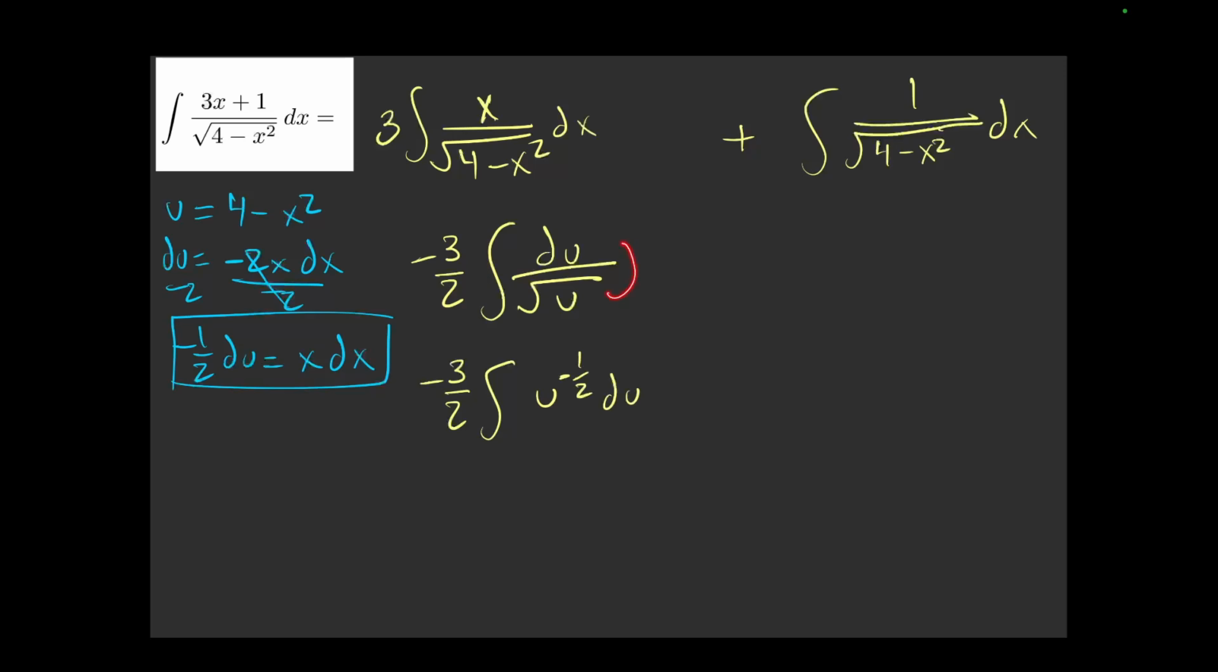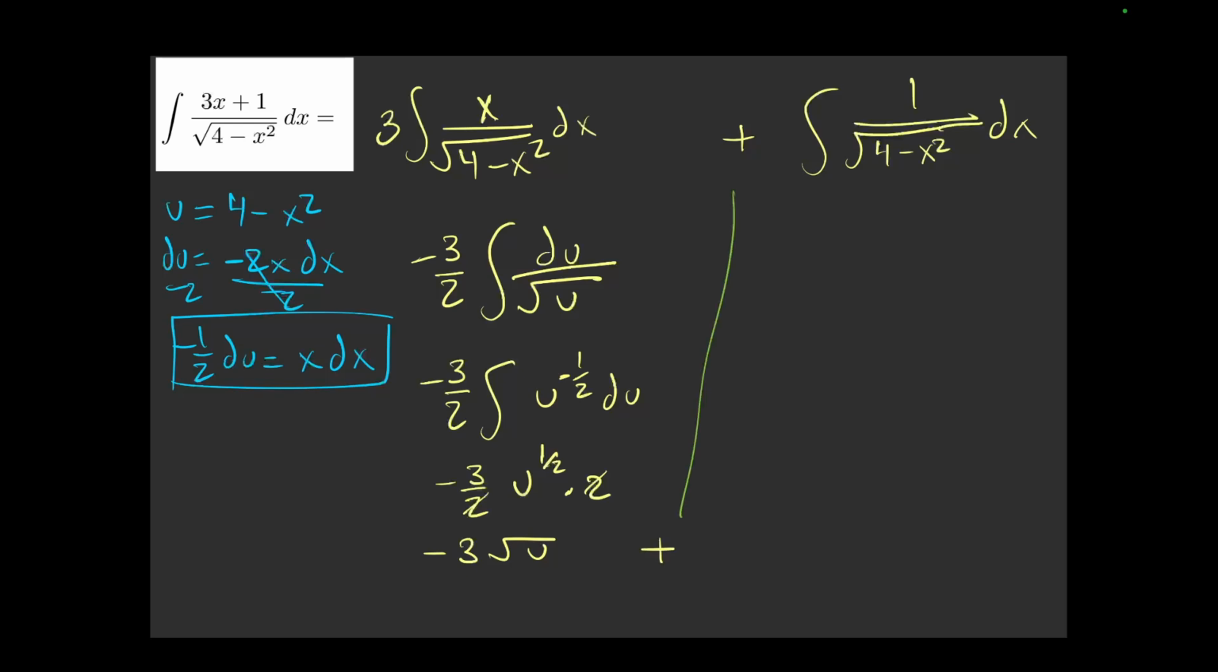Basically we brought this up here. So the integral of u to the negative 1/2 is going to be negative 3/2 times u to the 1/2 over 1/2. And we can just bring this 1/2 to the top by flipping it, so we're basically multiplying by 2. So these two cancel, and now we have negative 3 square root of u, plus